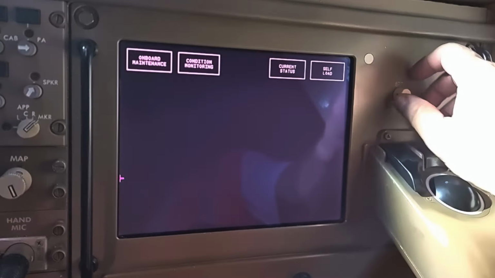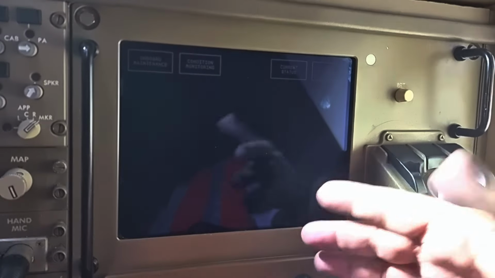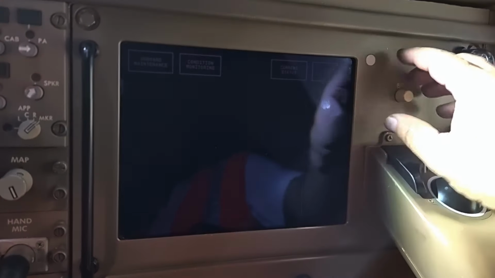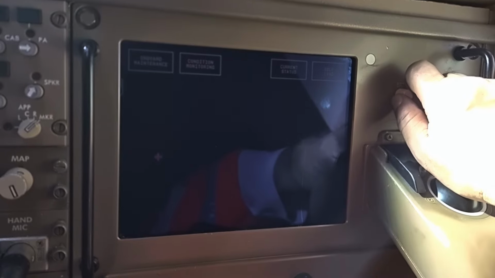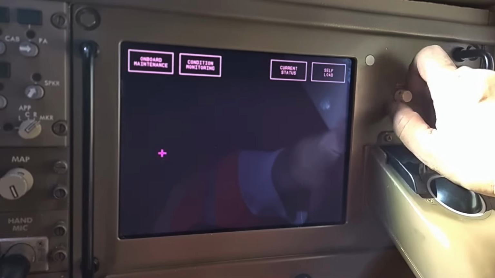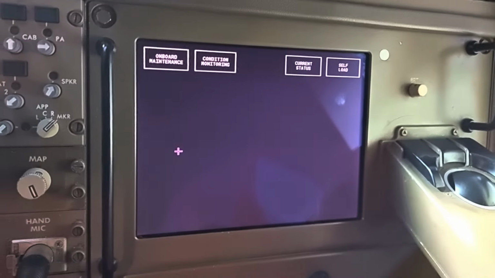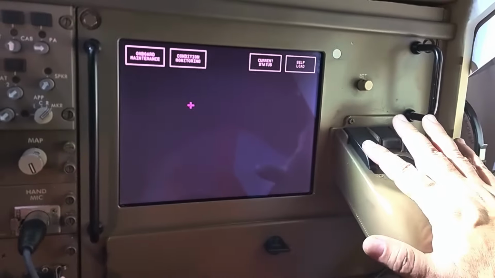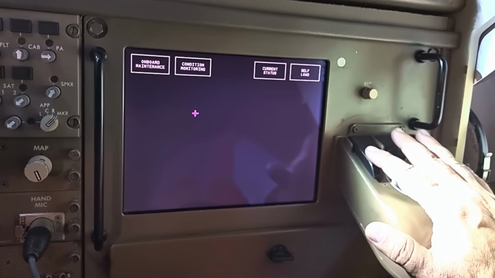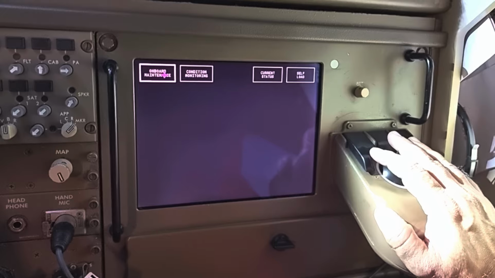So the maintenance access terminal on the Airbus, like this Air India aircraft, has different options. We have touch screen also. Here it is not switching off, but some switches may or may not be provided. Here it is not a touch screen. So we have the cursor control device, from where we can control this cursor, and this is the selection switch. So we have onboard maintenance, which is for the maintenance purpose.